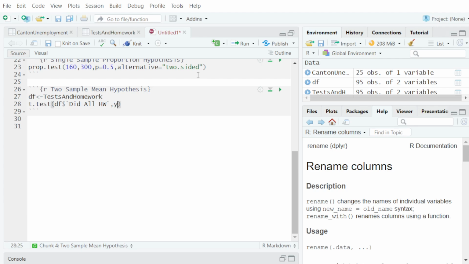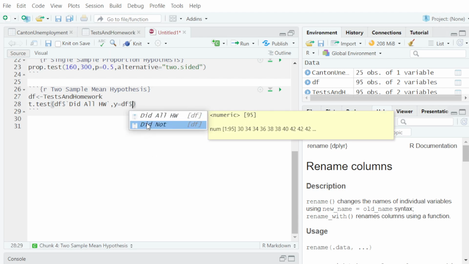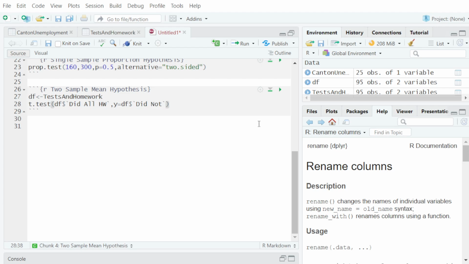And then I'm going to set y equal to, this is saying I want a second variable that I'm looking at. And that's again df $, and those that did not do all the homework, which I just have as did not here. Okay, so I've got my two different options in here. I could actually run it right now because everything else I'm just using the defaults. So now I'm going to go through and show what those defaults are,